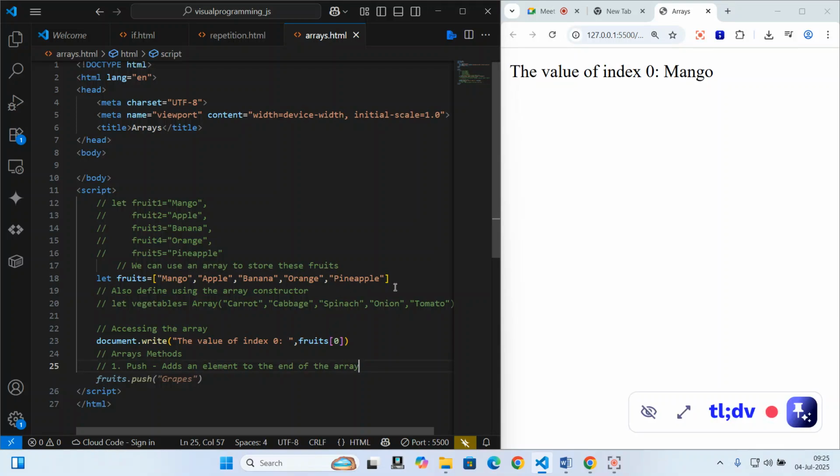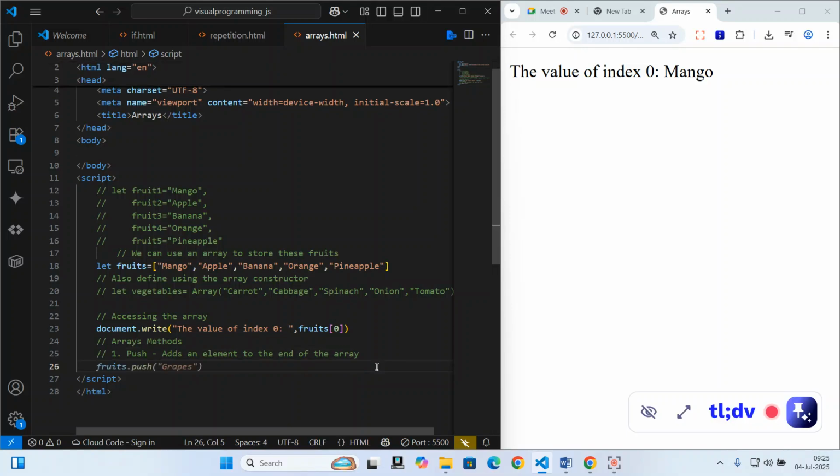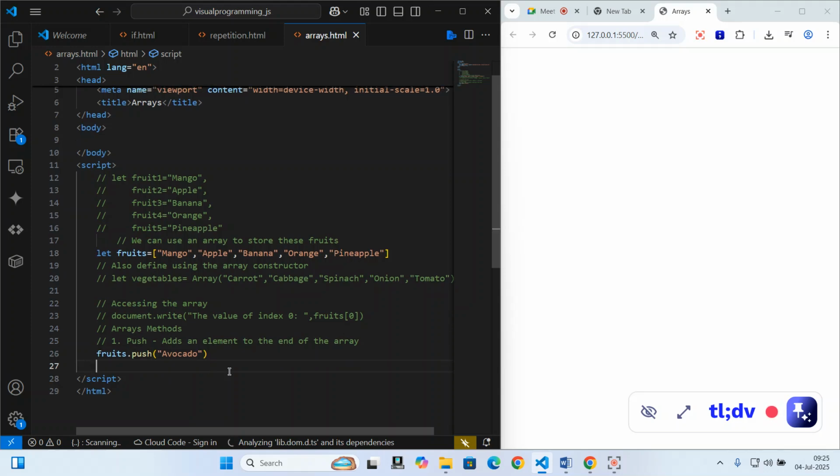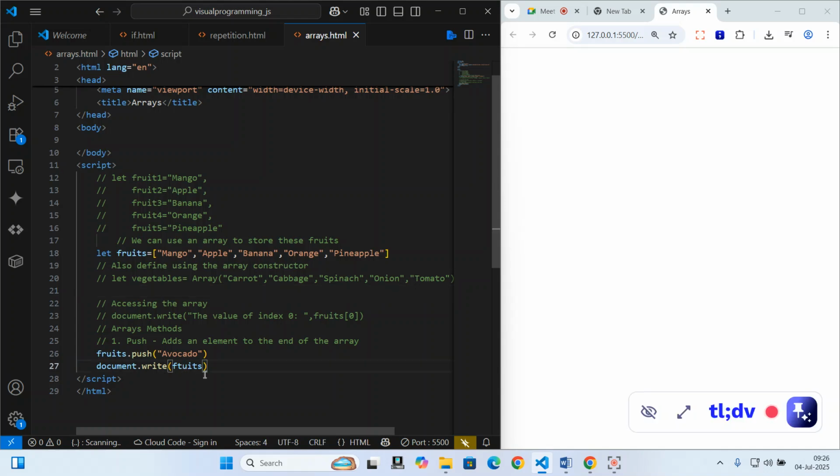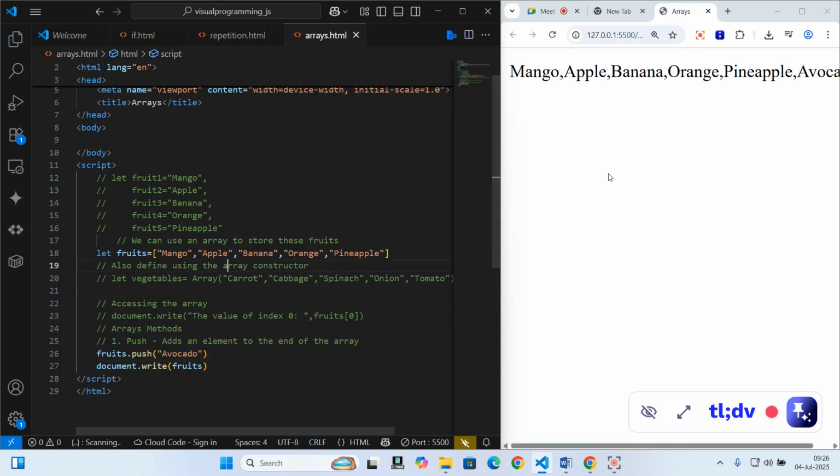So I have mangoes here. Let's say I want to add avocado at the end here. I'll simply say push, then I'll put here avocado like that. That should add avocado as part of this array. Now, I can output the value of that array. So probably I'll mask this and I can say document dot write, then I can simply write the fruits. When I write the fruits at this particular point, you should be able to see